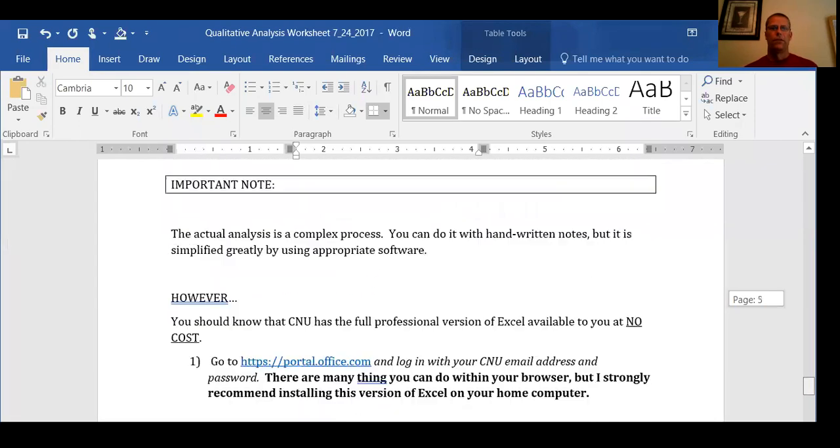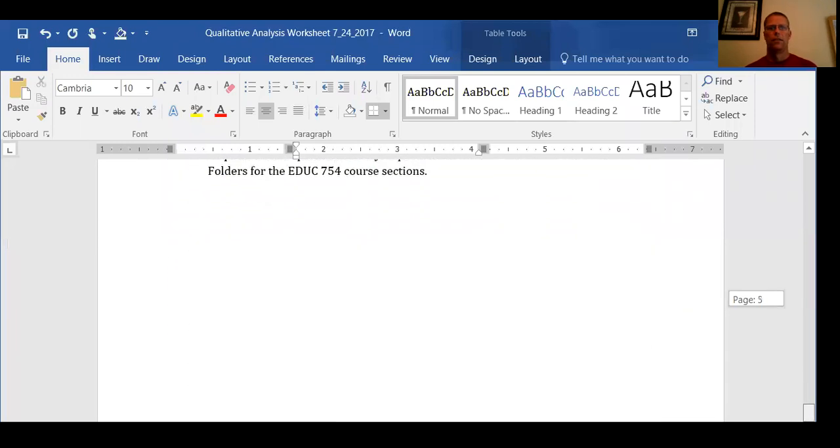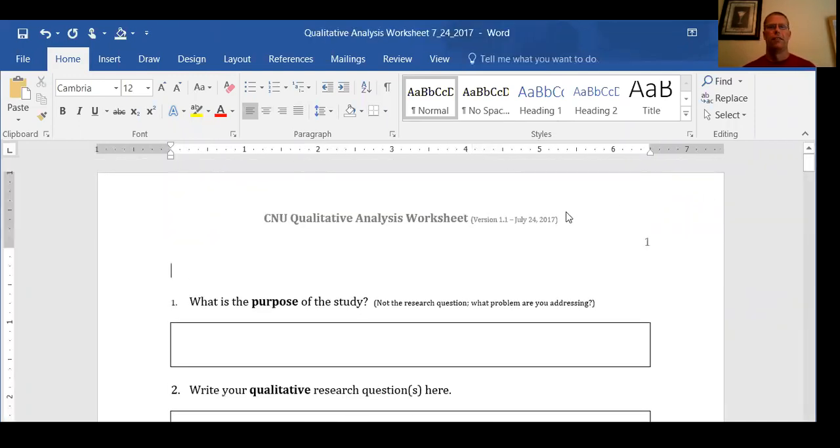Okay, so that was it, and that's just information shared on the last page. You should look at that. But that is how you're going to fill out the qualitative analysis worksheet. I will do another video on the quantitative. So, good job, and let's